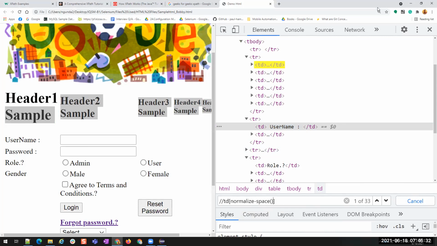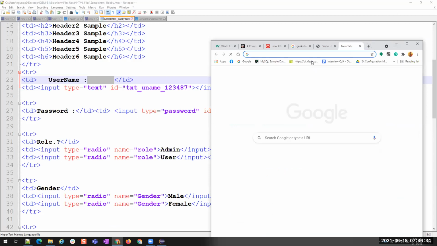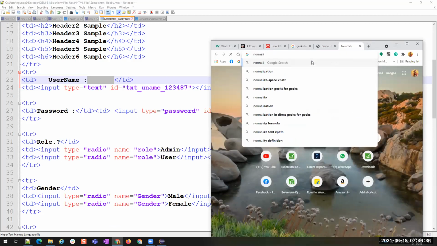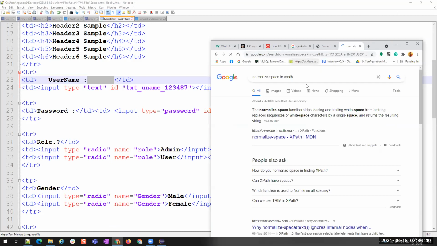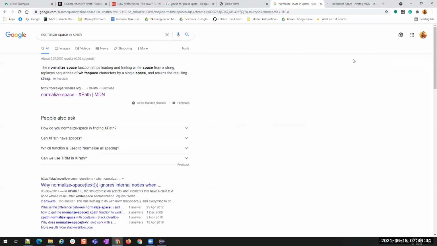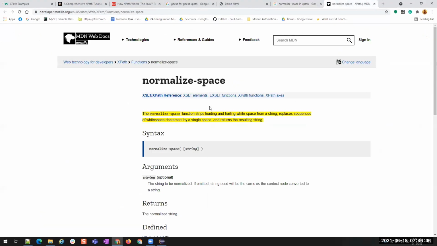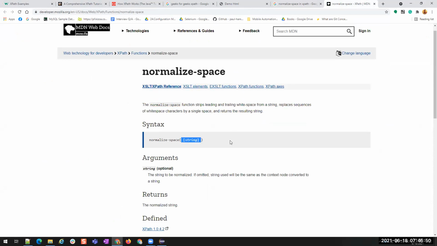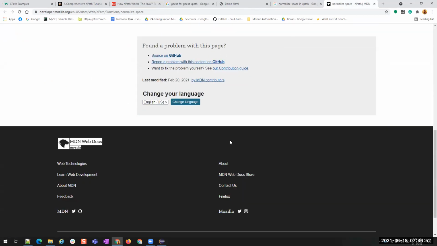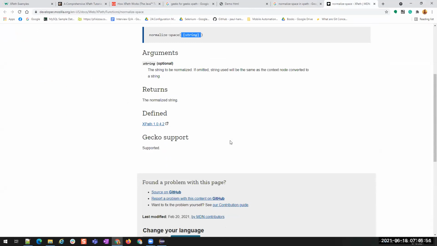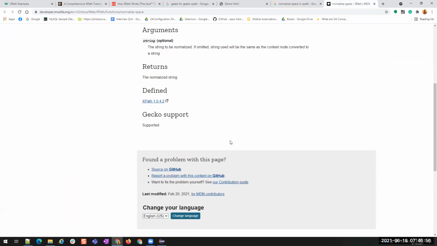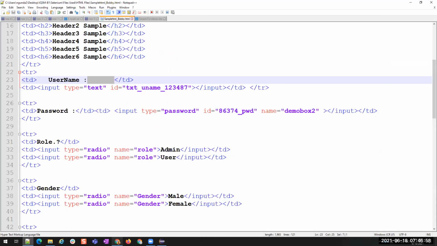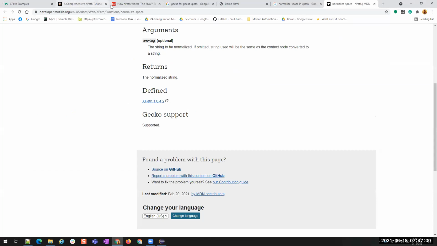Let me search for the syntax of this normalize-space. I don't know why it's not working. Normalize hyphen space in XPath. The purpose of this normalize-space is to remove the white spaces. Okay, I gave this. Let us see that.